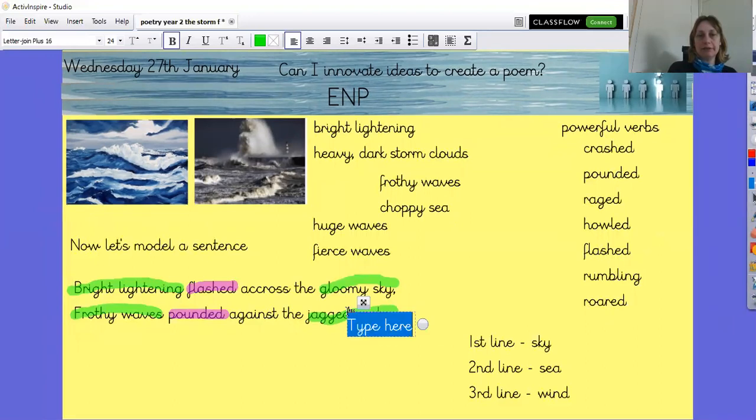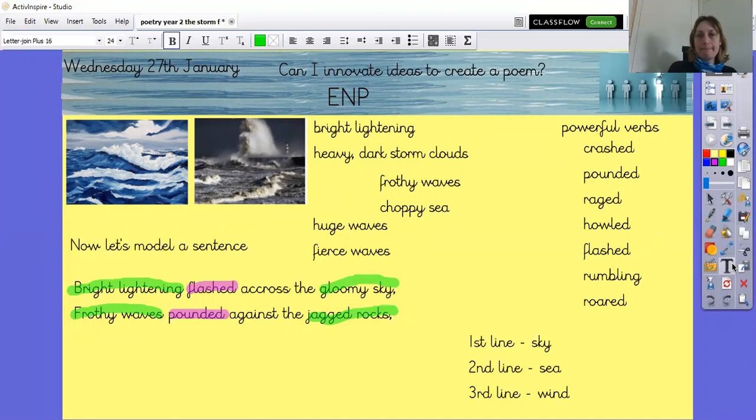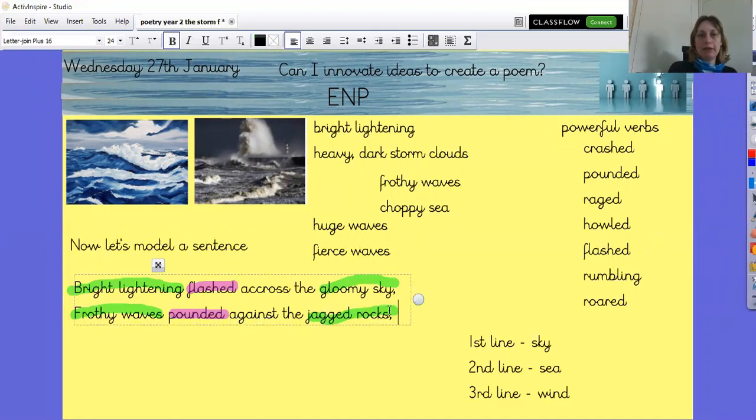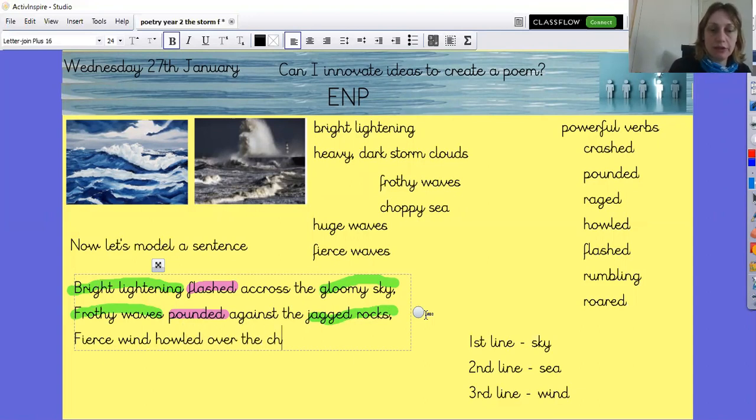Just want to carry on. Oh dear, hang on. Let's just get into what we were writing before and then we can go to a new line. Brilliant. So the final line is going to be about the wind. So I'm going to write the fierce wind. Now, I'm not sure about you for verbs to describe the wind, but I really quite like that verb howled because it's kind of showing you that it's a bit wild and out of control. So the fierce wind howled over the choppy sea,